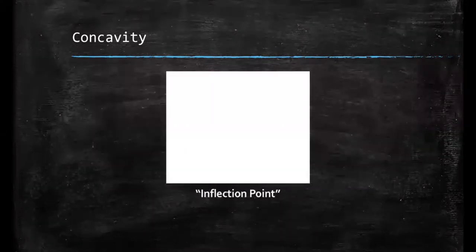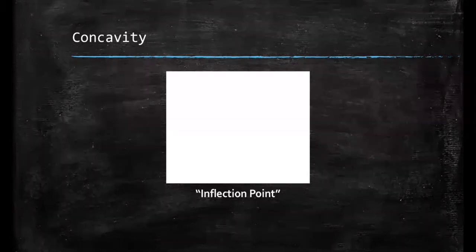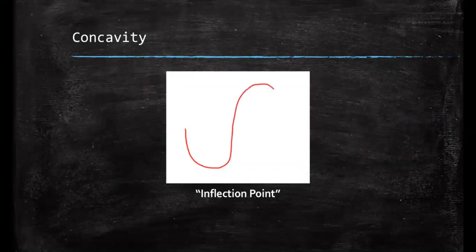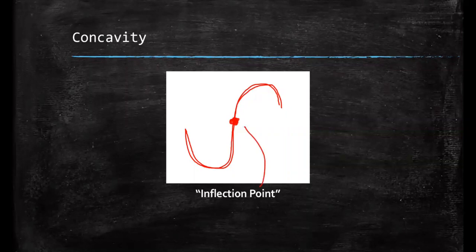Okay, the inflection point is where you change from a concave up graph to a concave down graph. So I'm going to try and draw that here for you so you can see what I mean. As I draw a concave up graph and then switch it to concave down, you'll notice your pen direction changes, right? You have a point as you're drawing this where you have to flip directions to draw the concave down. So somewhere around right here, you're switching from concave up to concave down, and that is what your inflection